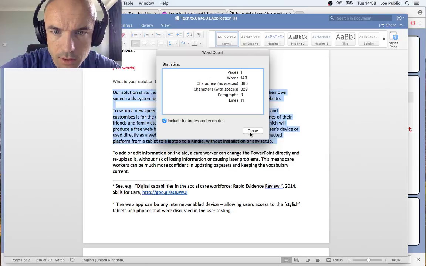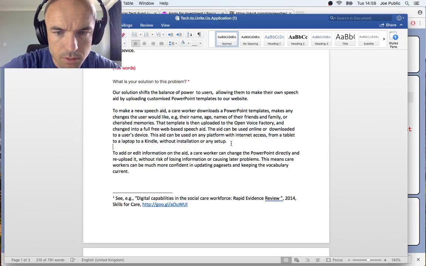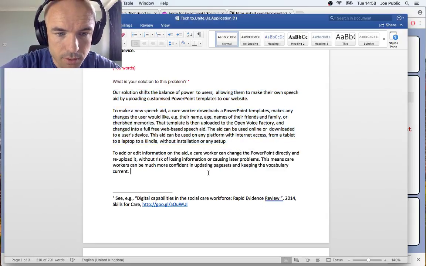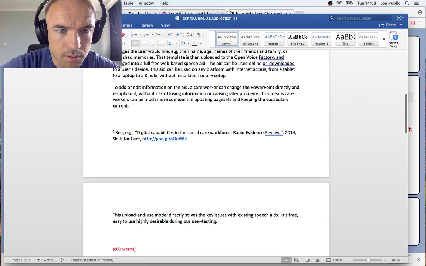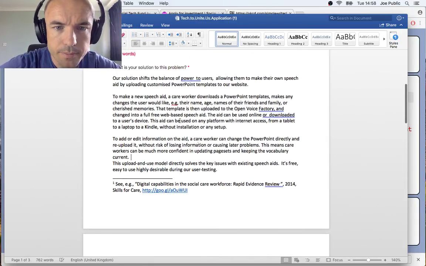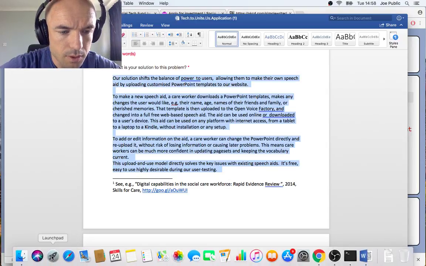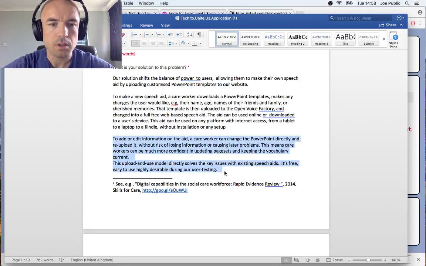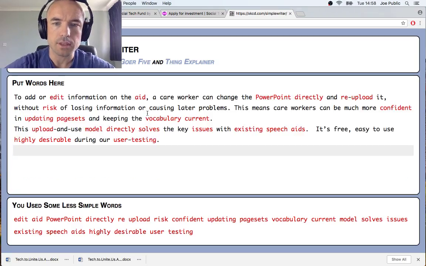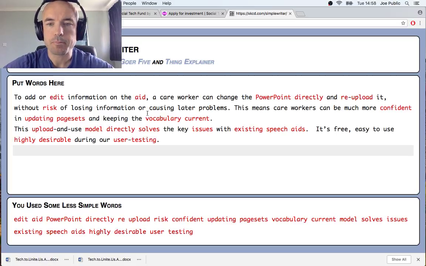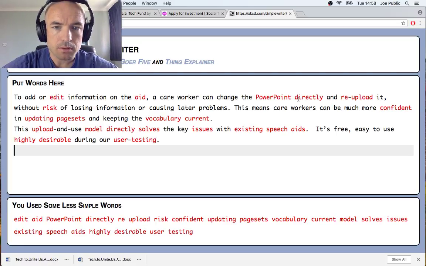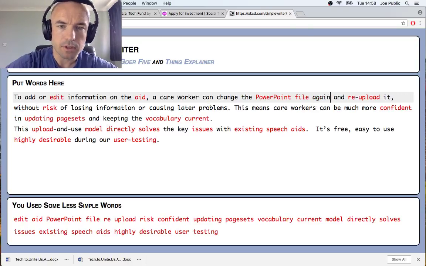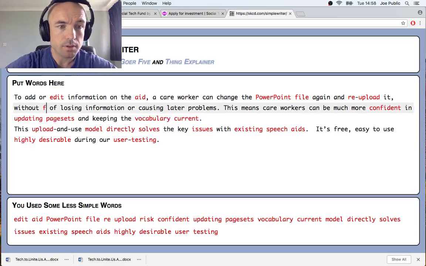Are we going to change that 140 words to? Yeah, that's probably enough on its own. Is that now under 200 words? It is now under 200 words. However, I am going to check this as well to see if I can reduce the number of words in it. I can change the PowerPoint file again and re-upload it without fear of